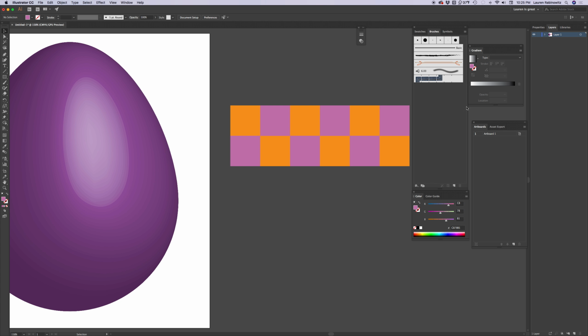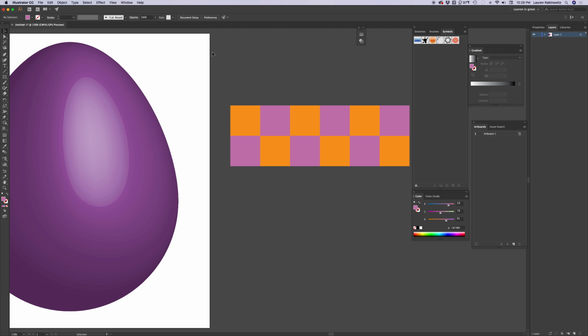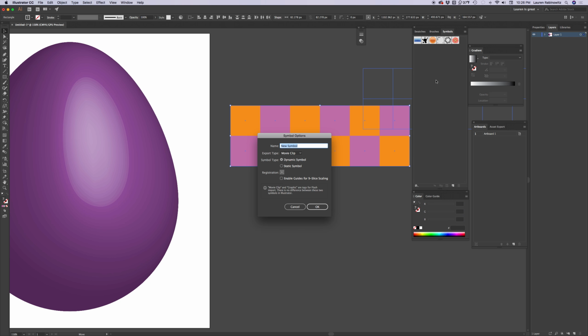So what I'm going to use to do this is the symbols panel. If you don't see it, like I had mine open, but if you don't see it, it'll be over here in Window, down where it says Symbols. So I'm going to select this whole thing, drag it into my symbols panel until I see that little green dot pop up. I'm going to name this